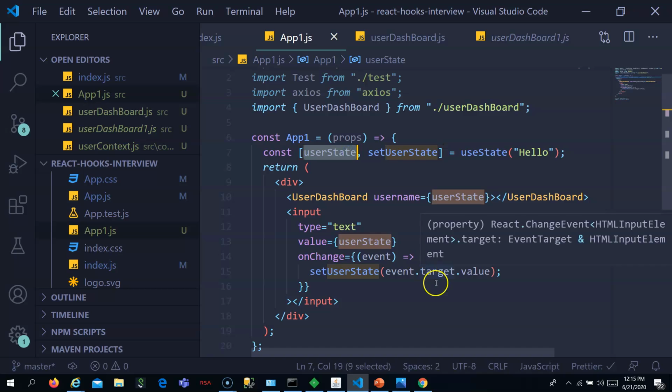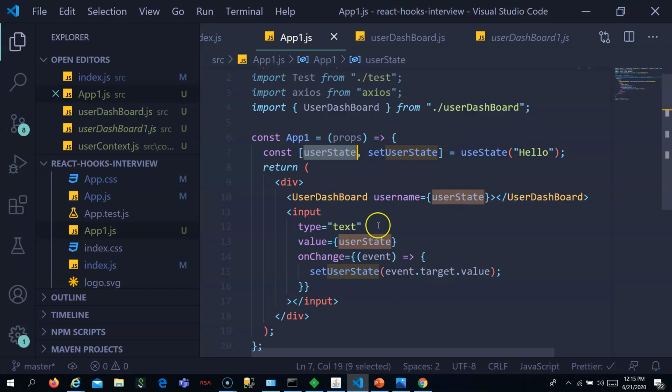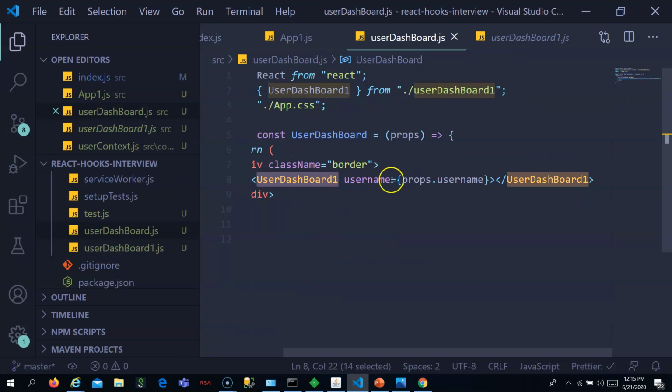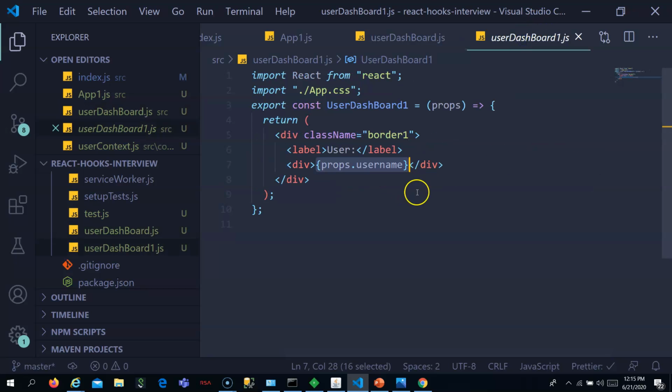So you can see the props: first I'm sending the user state as props to the user dashboard, and the user dashboard again sends this data as props to user dashboard 1, and user dashboard 1 displays this username.